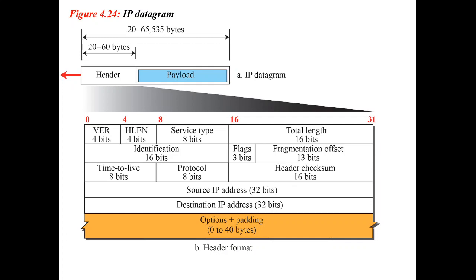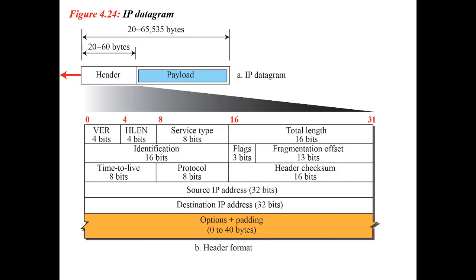This field is decremented by 1 each time the datagram is processed by a router. If TTL field is 0, a router must drop that datagram. Next field is protocol, which is of 8 bits. The value of this field indicates the specific transport layer protocol to which the data portion of this IP datagram should be passed. Now suppose the field value is 6, then this data is coming from TCP protocol. If the value is 17, then the data is coming from UDP protocol.